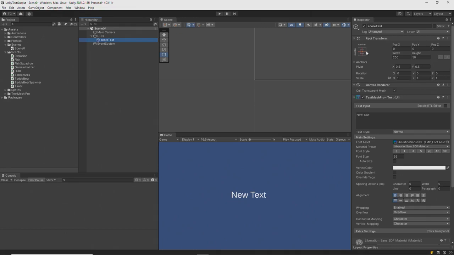First, I'm going to anchor it to a particular location. And anchoring our elements to a particular location makes it so that they stay in that location even in the face of resolution changes, which is important to us. So I'm going to anchor this to the top middle, and then I'm going to move it up to be closer to the top. And I'm going to come down here to alignment, and I'm going to center my text. And at this point, I don't actually care what the text says because I'm going to handle changing the text in my HUD script, but I'll change it here to say score